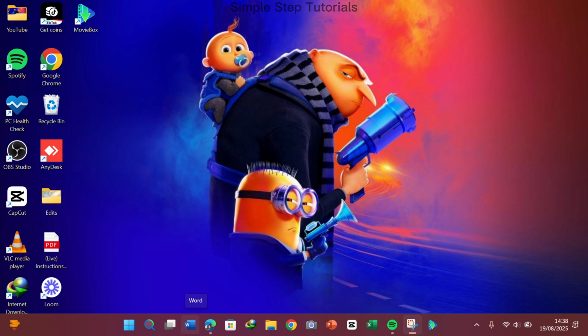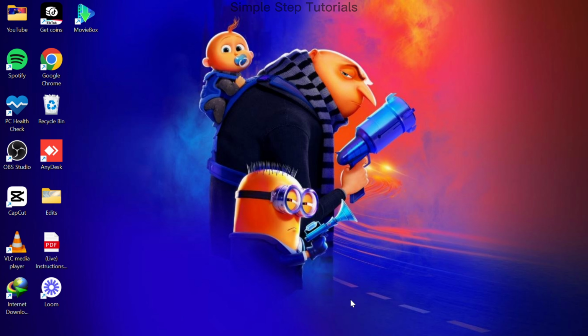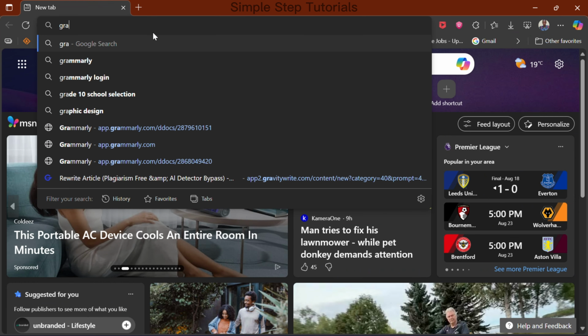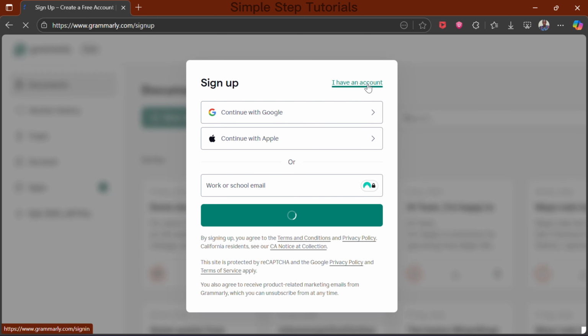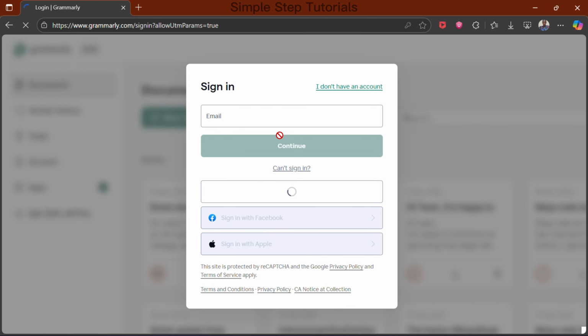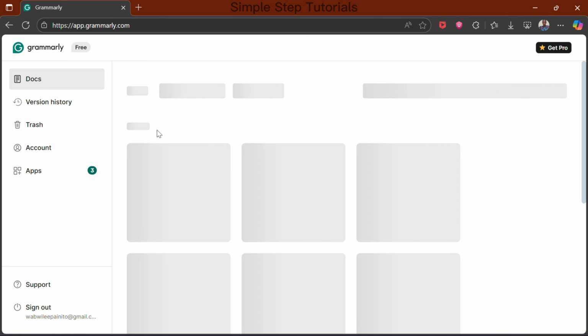Today, I'll show you how to use Grammarly Online, one of the best free tools for improving your writing. First, go to Grammarly.com and create a free account. Once you're signed in, you'll see the dashboard where you can either upload a document, paste your text, or start